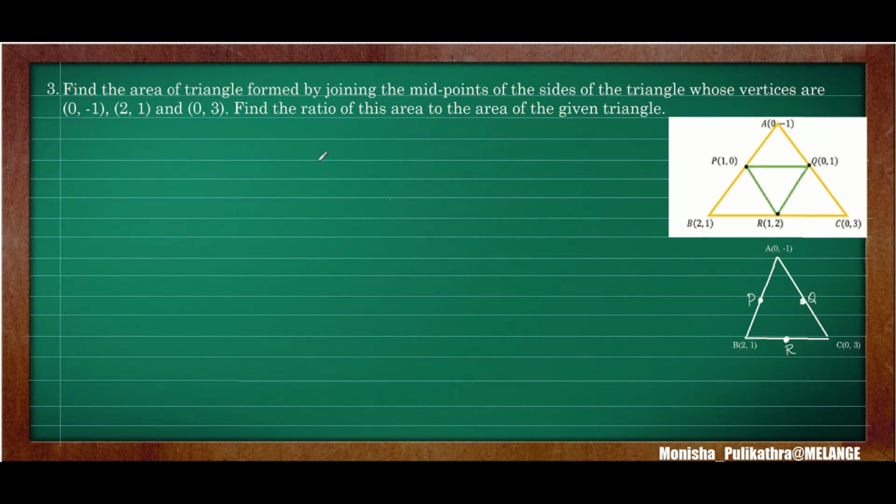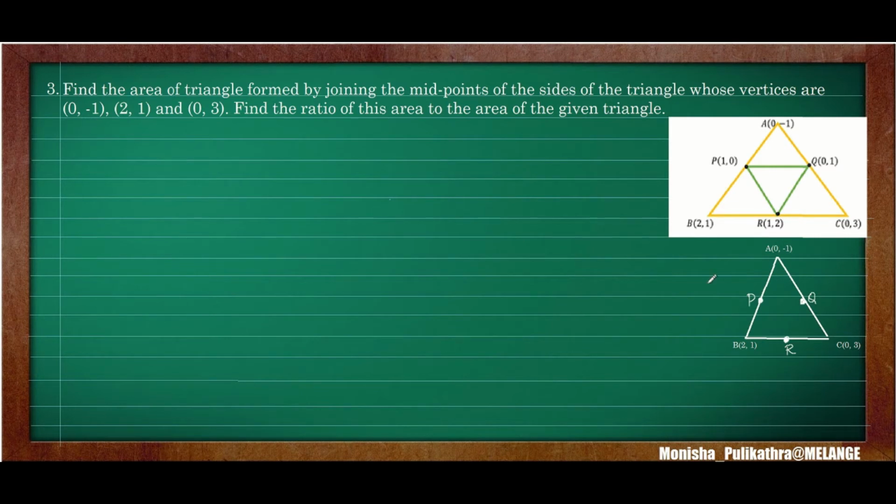Moving on to the third problem. In the third problem, we need to find the area of a triangle which forms. This will be the initial triangle. Because we have been given only 3 vertices of the triangle, initially the triangle will be like this. We need to form a triangle inside this triangle. After that we need to find out the area of both the triangles. When we find out the areas, the vertices of the inner triangle, we need to find this inner triangle and find the area of both the inner triangle and the outer triangle. So this is the brief version of the third question.